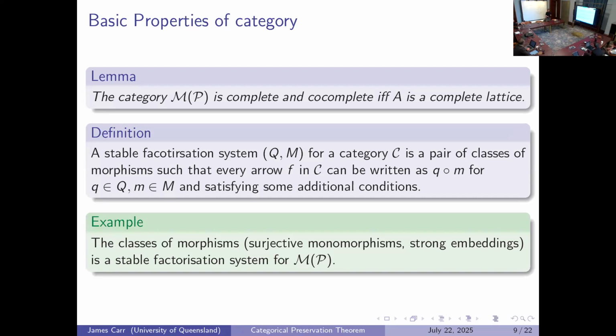So the first big category theory definition that I'm going to skim over a little bit is what's called a stable factorization system. This is a pair of classes of morphisms for a category, where the main point is that any arrow in the category can be factored into a composition of maps from each class. There are then some additional conditions on top of that so that they behave nicely. The easiest way of thinking about this, I think, is by example,